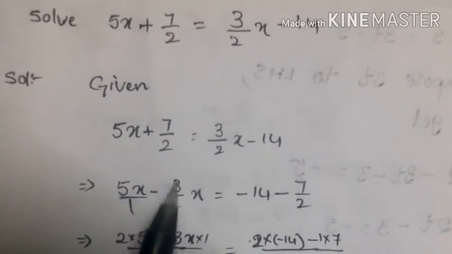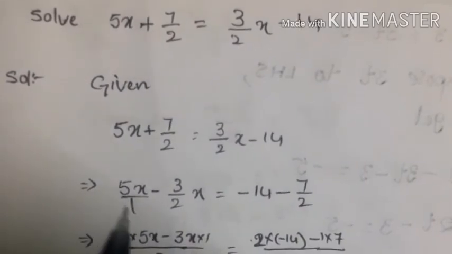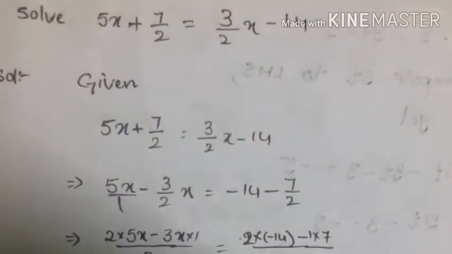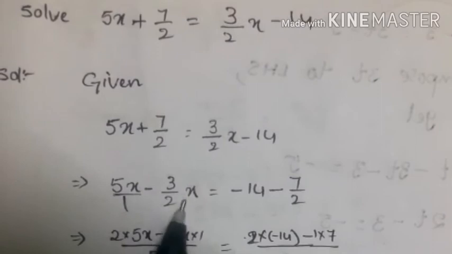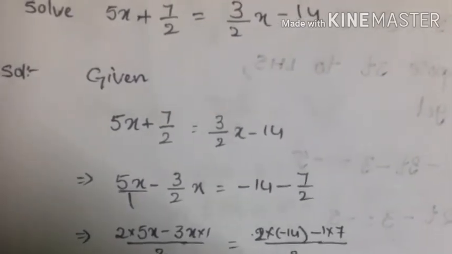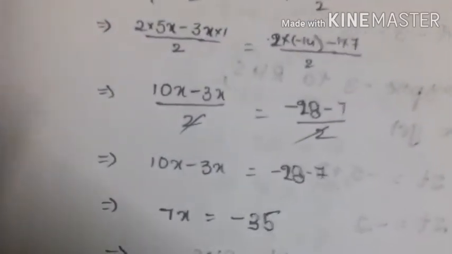Now it is a fraction, and the other is a whole number. That means we will also write it as a fraction. You know how to solve that fraction? Yes, at the same time we have to find that. So 2 and 1 and 2, what is the LCM? 2 only. 1 and 2, LCM is 2 only.